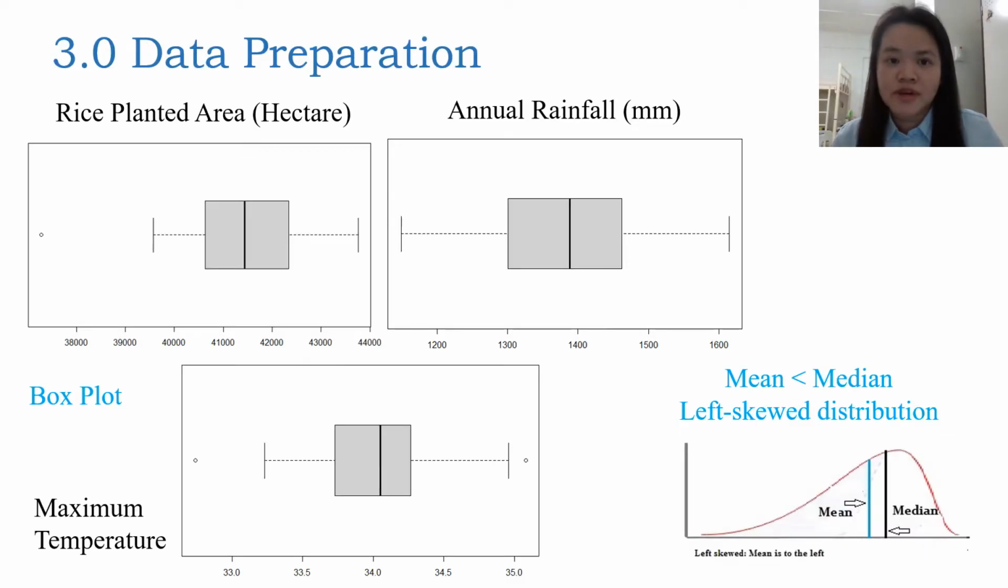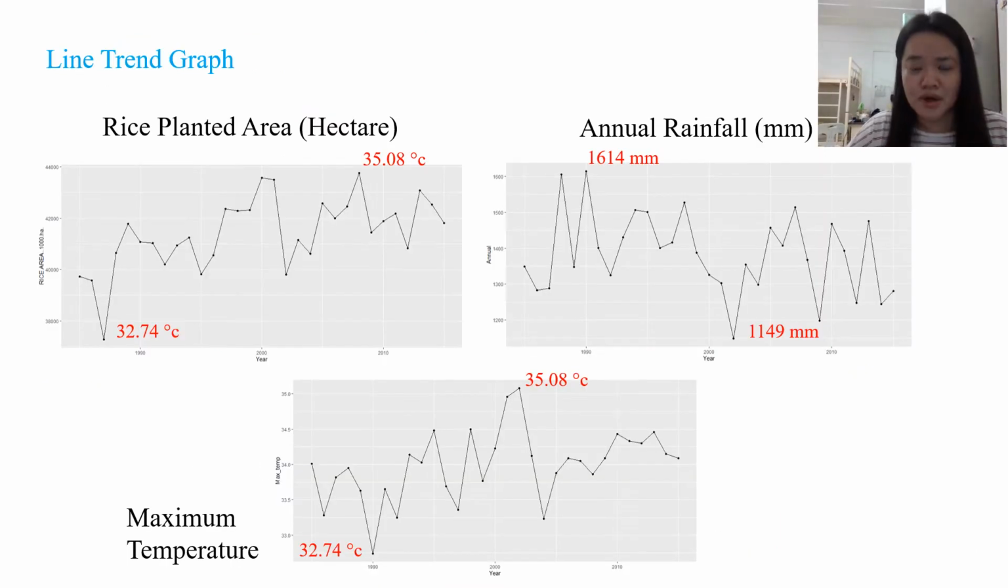All these 3 box plots for the annual rainfall, maximum temperature, and rice planted area show a left-skewed distribution, because the mean is smaller than the median. By using the line trend graph, we noticed that the highest planted area was